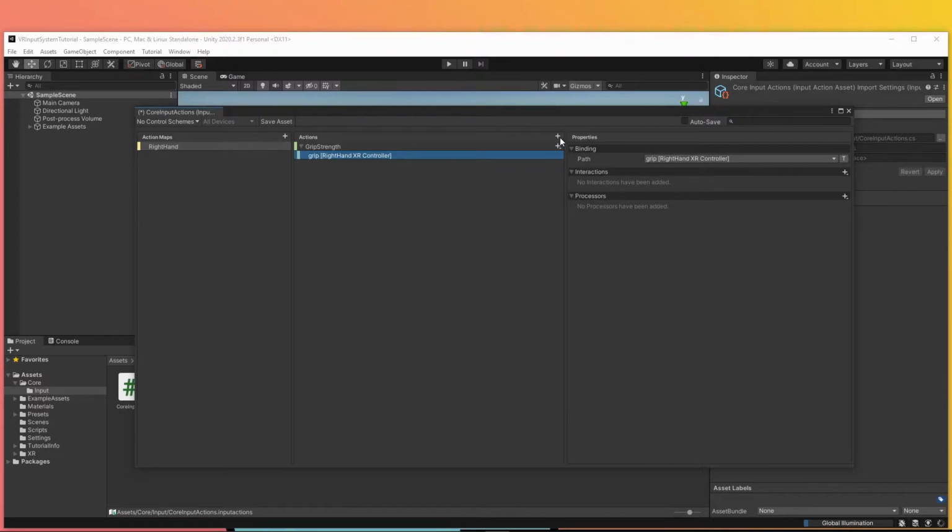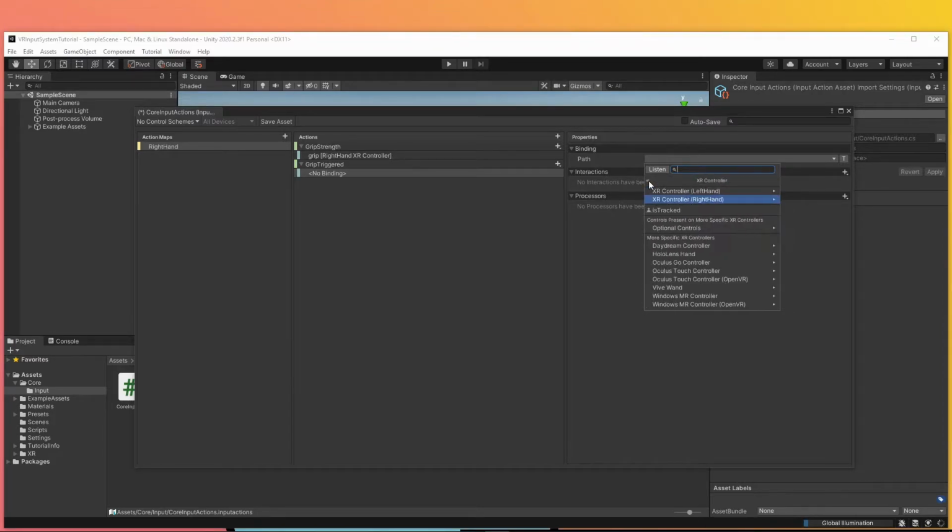Next, I'm going to go ahead and create another action. This one I will call grip triggered. I'll leave its action type as a button, since this is supposed to represent when the player has fully pressed the grip button. So go down to where it says no binding, go over to path. In my case, it has kept XR controller selected for right hand. If it reset you back to